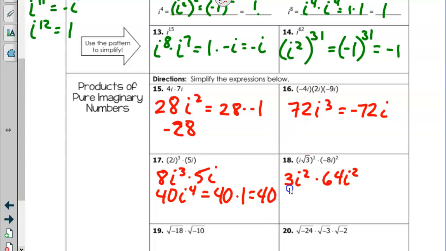So now we have to multiply the reals. What's 3 times 64? 192. Very good. And what's my exponent to my i? 4. Very good. 192i to the fourth. We're not done yet. What is i to the fourth? 1, very good. So 192 times 1, which is obviously 192. Oh, wait, okay, so when you scroll up,